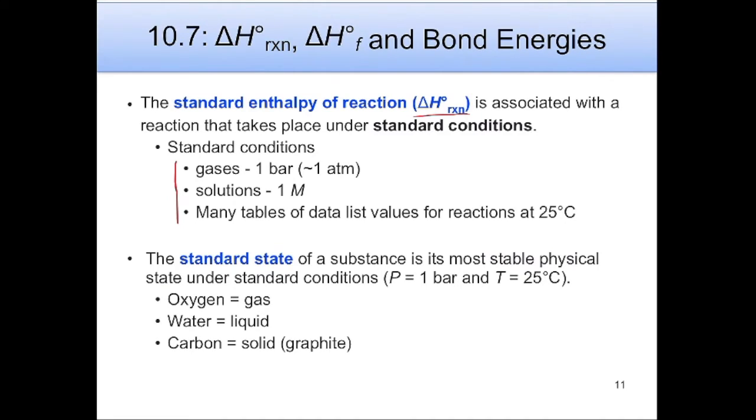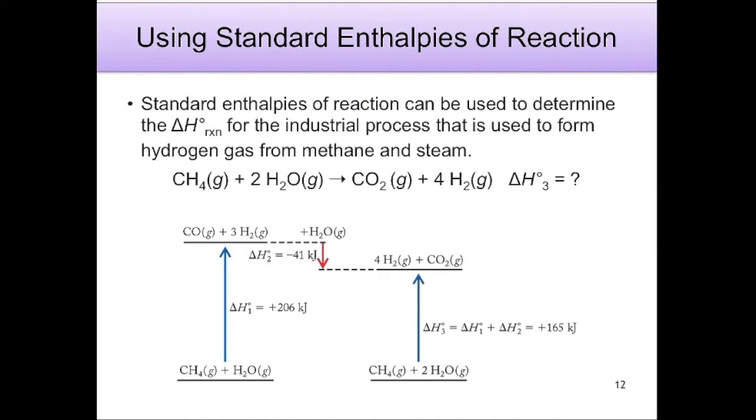So oxygen is a gas at standard state conditions. Under those same conditions, water is a liquid, and carbon is a solid, and its most stable form is graphite. So going back to the example we saw previously using Hess's law, we can use standard enthalpies of reaction to determine the delta H of reaction at standard state conditions for this process that is used to form hydrogen gas